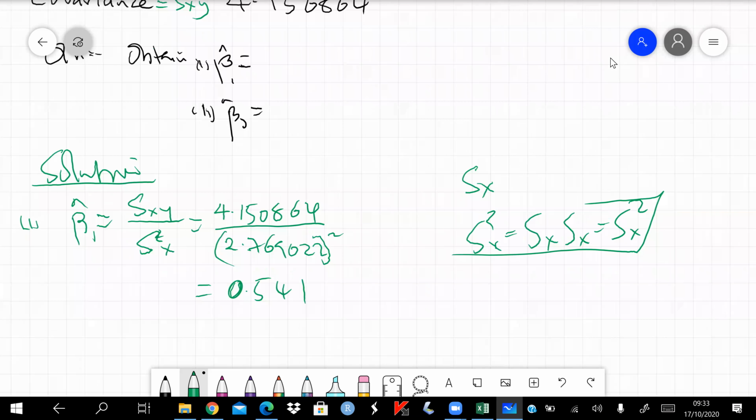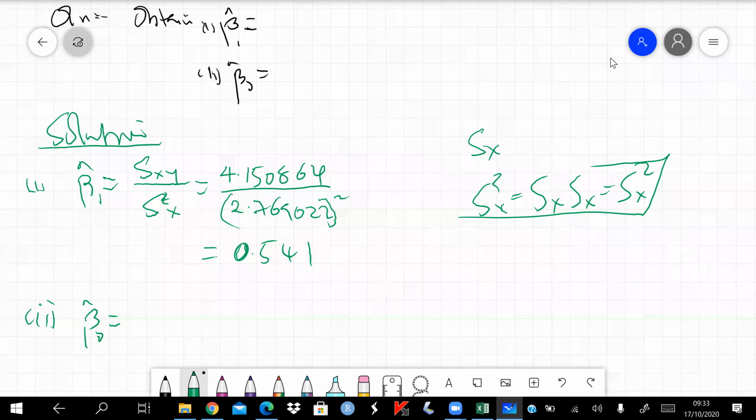That is the beta naught estimate, which will be given by... If that noise is coming from your side, please mute yourself. Sorry about that. So we have the beta naught estimate equal to